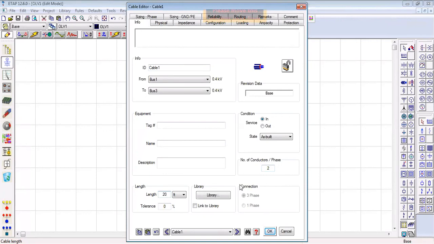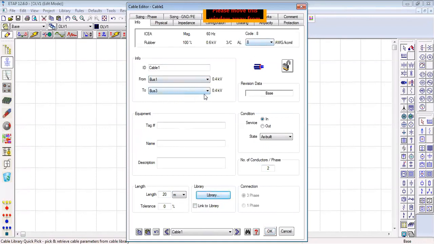Let me give the length 20, in meters. Okay, just go to the library, and this one is the bus 1 to bus 3 cable. In the as-built services library, this one is okay.